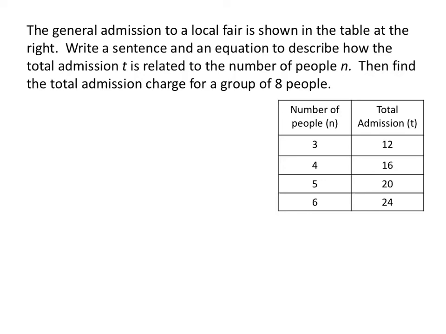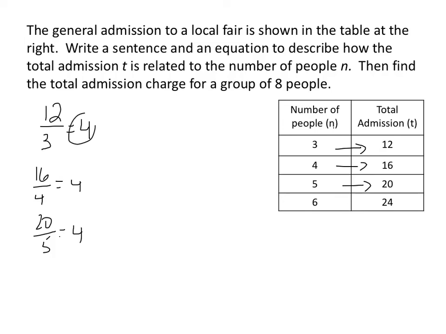I would start by looking at the relationship between the number of people and the total admission. So if I look at each of these, 3 to 12, 4 to 16, 5 to 20, 6 to 24, I can start with that original proportion again. So $12 for 3 people, $16 for 4, $20 for 5. If I simplify all these, 12 divided by 3 is 4, 16 divided by 4 is 4, 20 divided by 5 is 4. I notice that they all simplify to the same proportion, which would be $4 for 1 person. So my sentence would be,